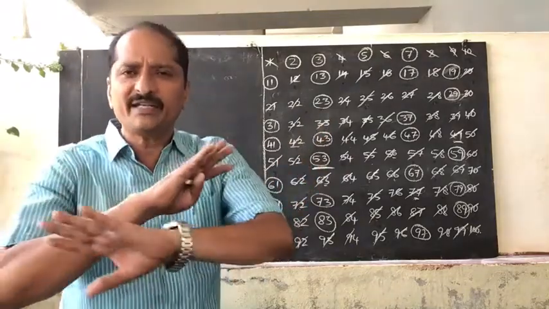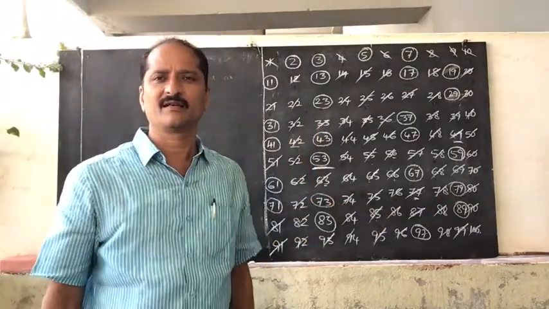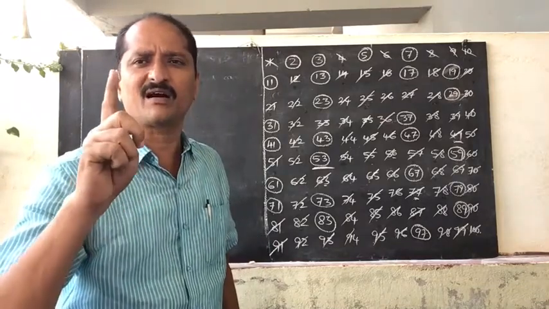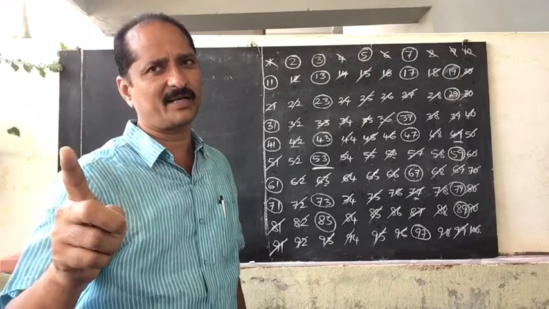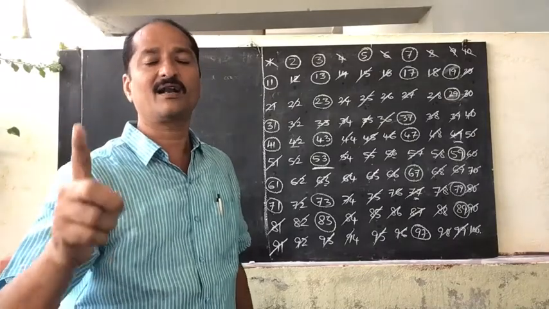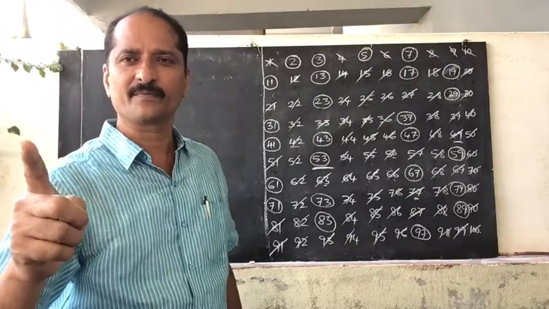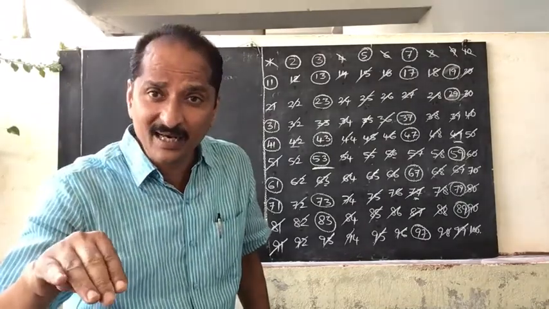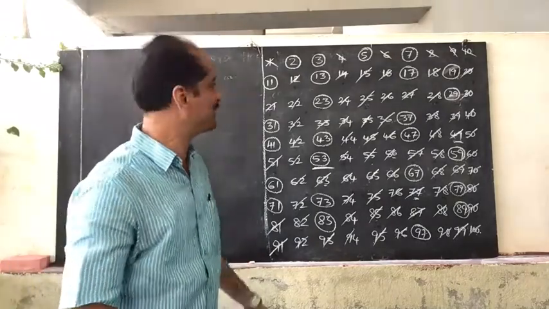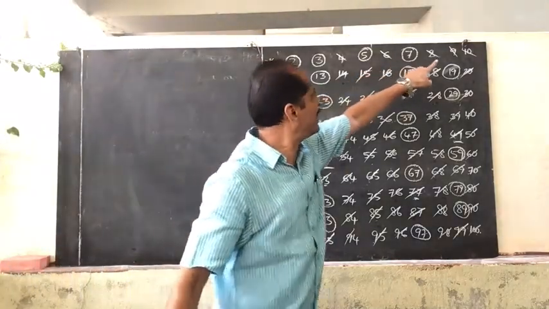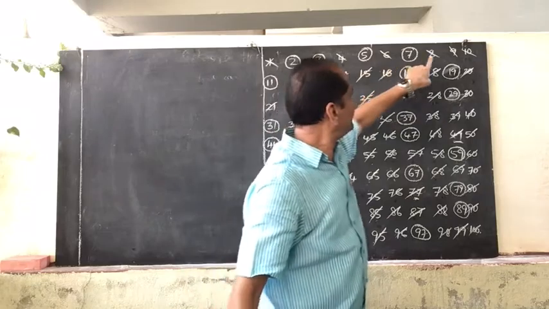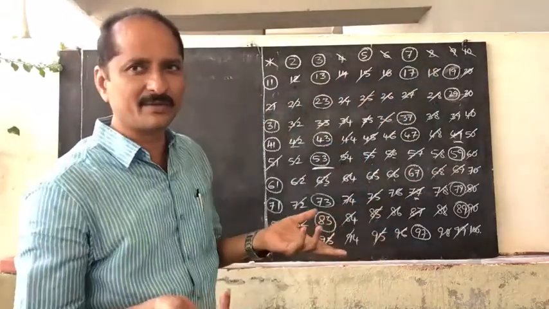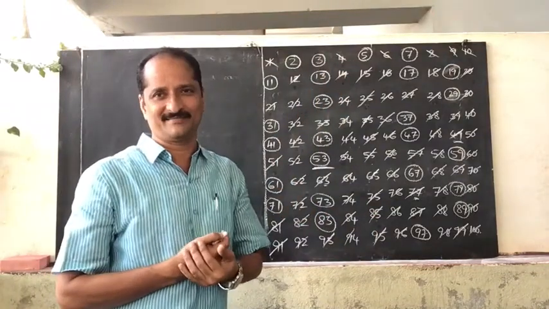No even number is a prime number. Remember only one thing, except 2. All prime numbers are odd numbers. Yes, all prime numbers are odd numbers only, except 2. But all odd numbers are not prime numbers. Observe carefully. Why? Because 9 is an odd number, but it is not a prime number. It is a composite number only because it has more than two factors.